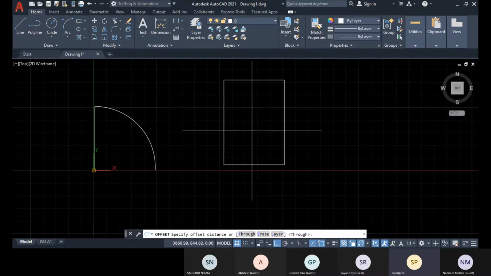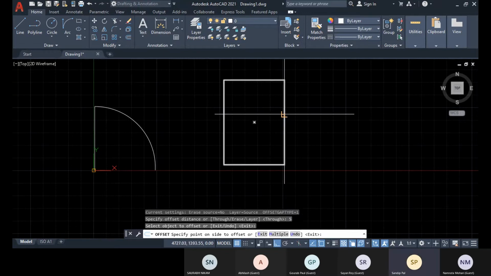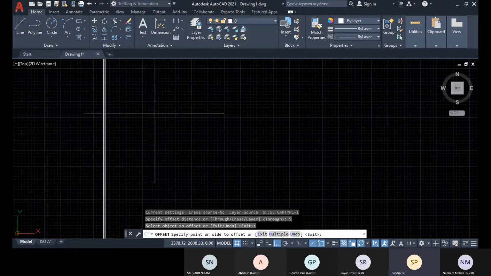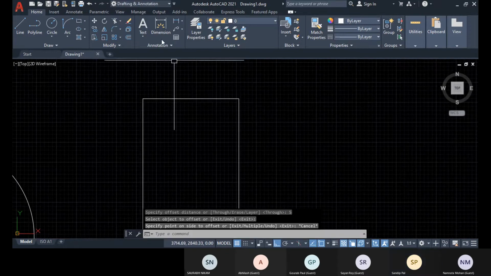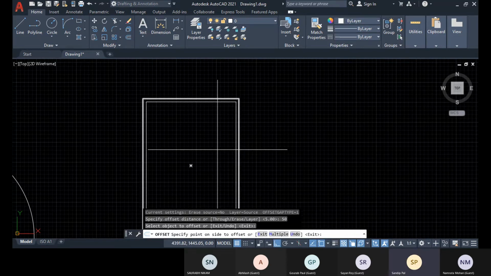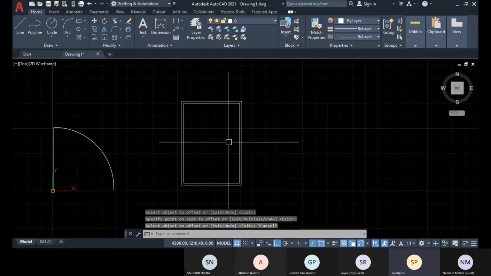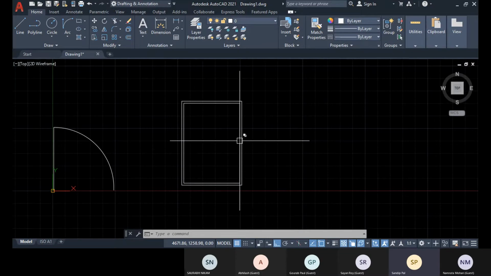So for that, you can give like 50 offset value you can give, and at the height of 3 feet can provide one circle.